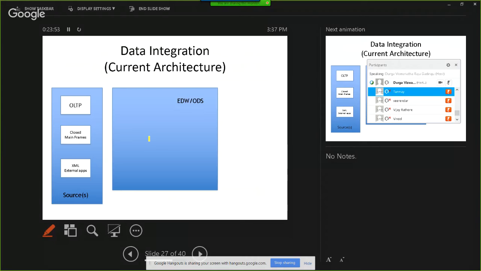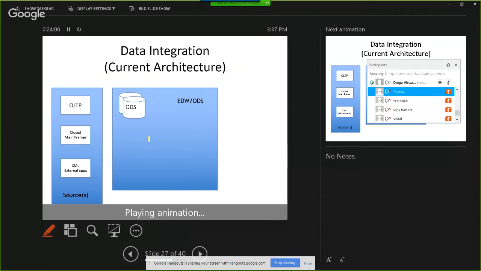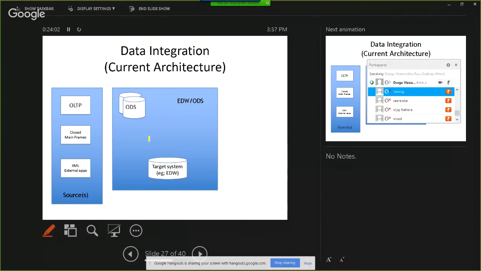And then you have a downstream system to capture the data. You will have ODS, you will have a target system, for example EDW, and you will have an ETL layer, which will get the data for you. ODS stands for operational data store. It is the term used in data warehousing.